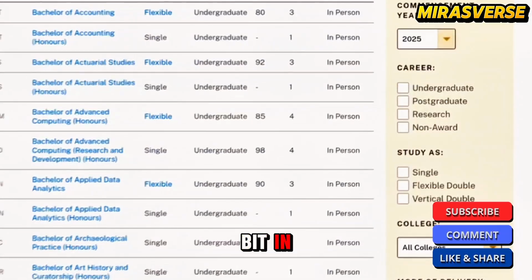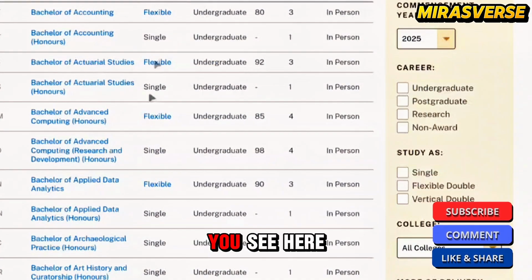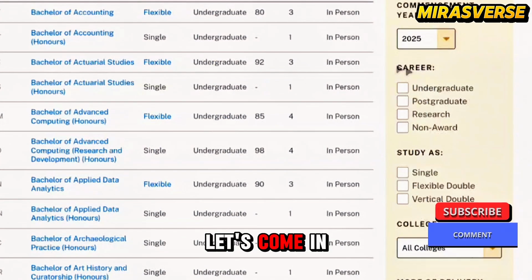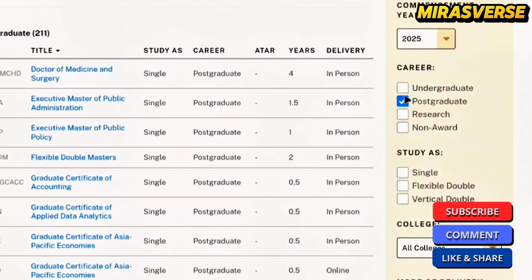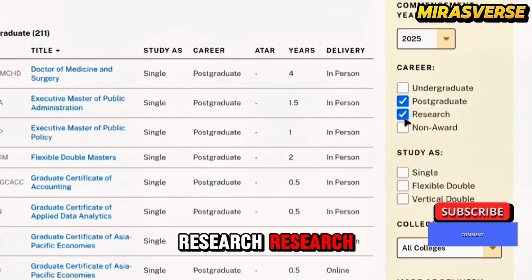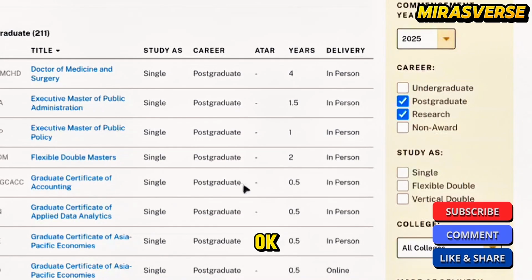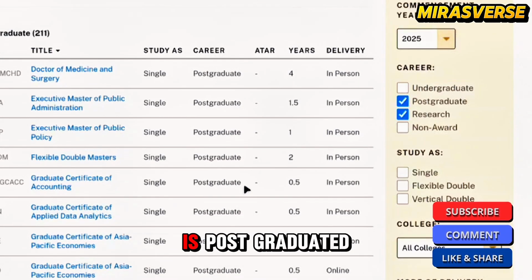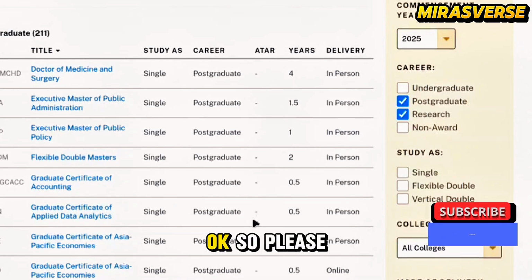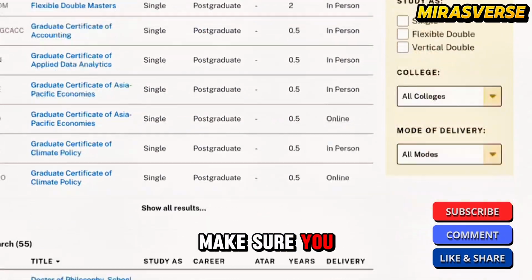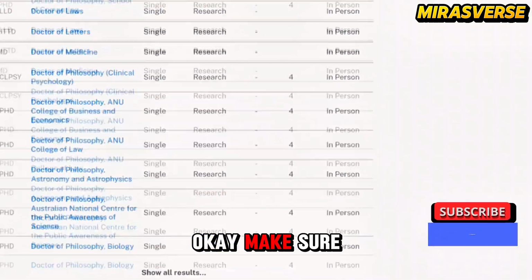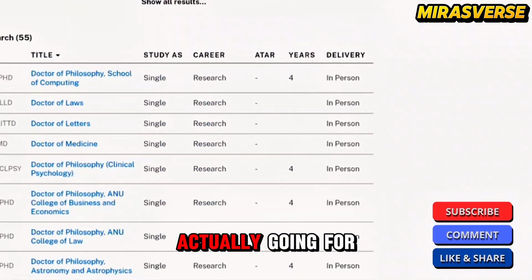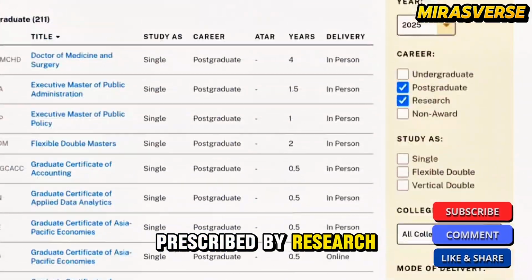Let me zoom it a little bit in, because the courses you see here are all for undergraduates. Let's come in here for postgraduate research. Okay, so remember, this is postgraduate by research. Okay, so please make sure you are selecting the right program. Okay, make sure you are selecting the right program because you're actually going for postgraduate by research. And